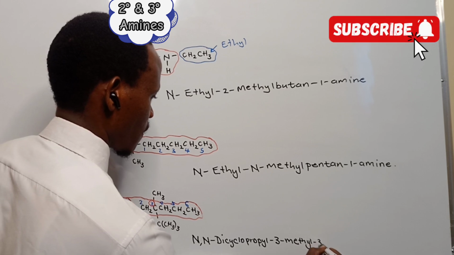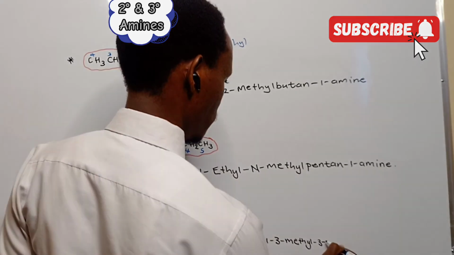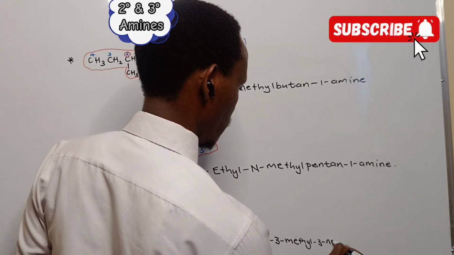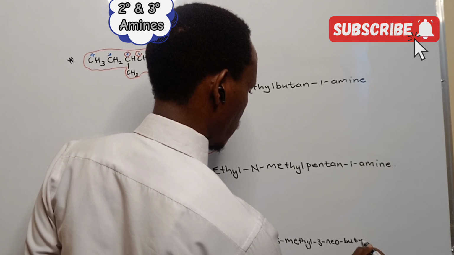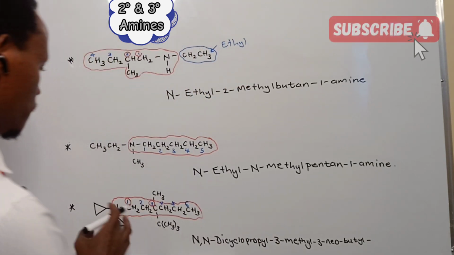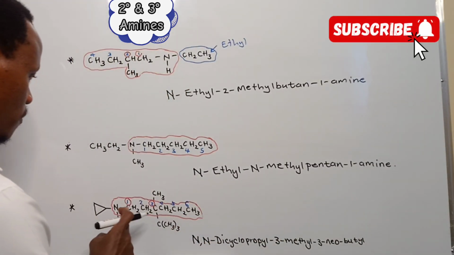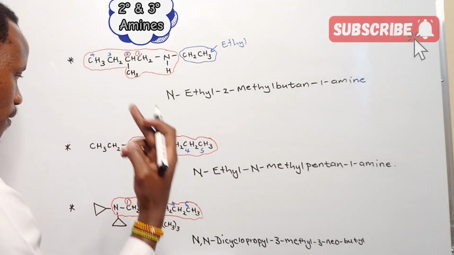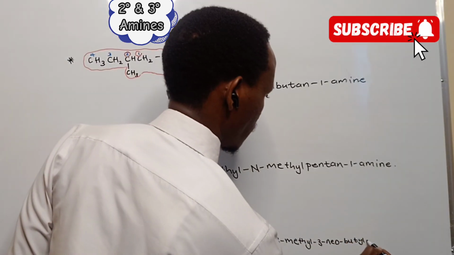Still on position 3, we have a neobutyl, followed by the parent name. What is the parent name? 6 carbon straight chain amine, which is